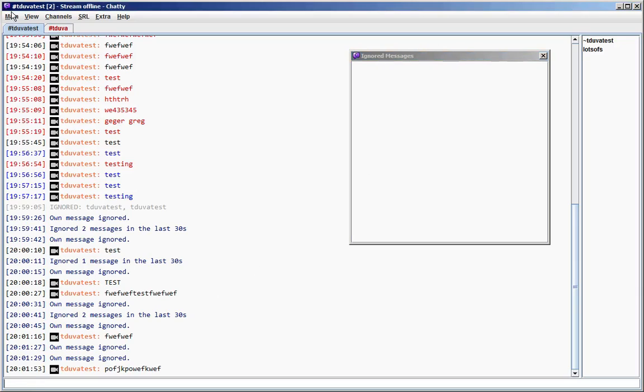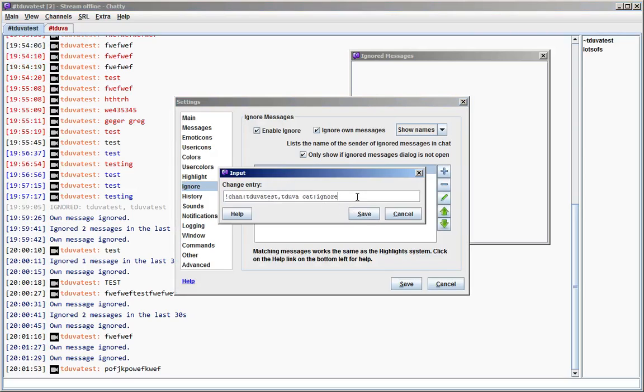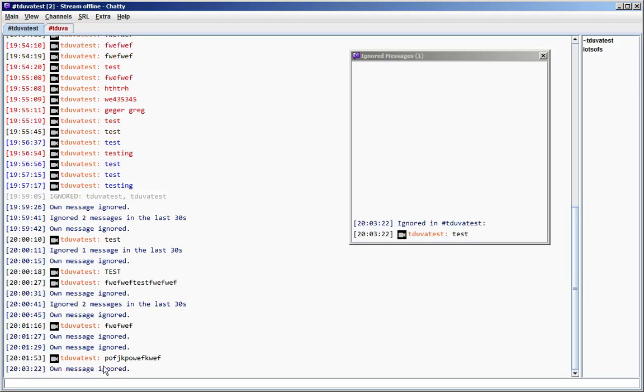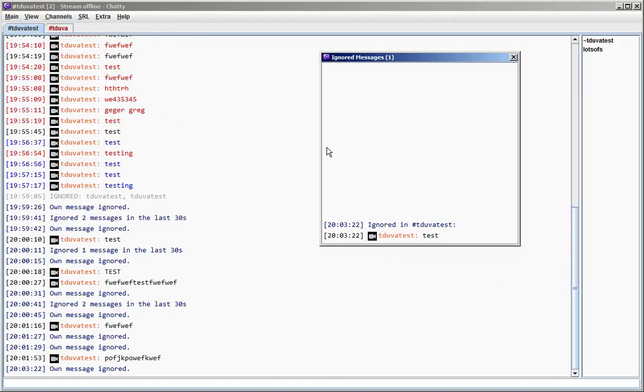Because, let's actually make something here so messages do get ignored. So if a message is ignored here, again, of course, if your own message is ignored, it still shows this message, but if someone else would write this, then it wouldn't show up in chat at all, because it already shows up here, and it kind of assumes that by having this open, you're already paying attention to ignored messages, so it doesn't have to show that the message was ignored to let you know.